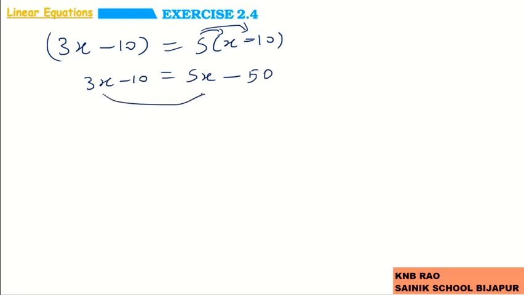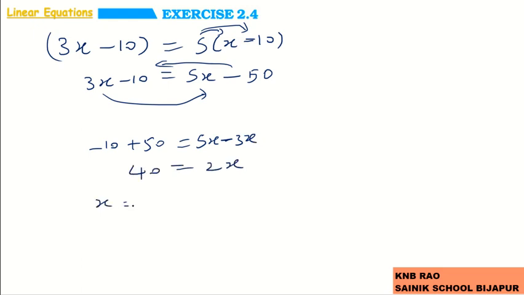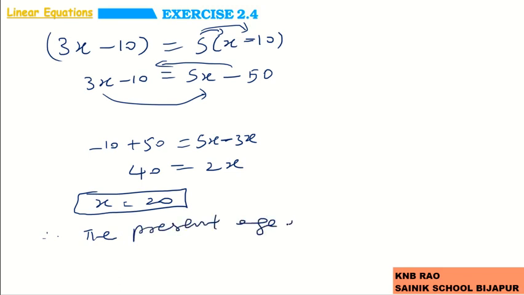Now variable terms on one side. So minus 10 plus 50 equals 5x minus 3x. It implies 2x equals 40 and x equals 20. So therefore the present age of Aman's son is 20 years